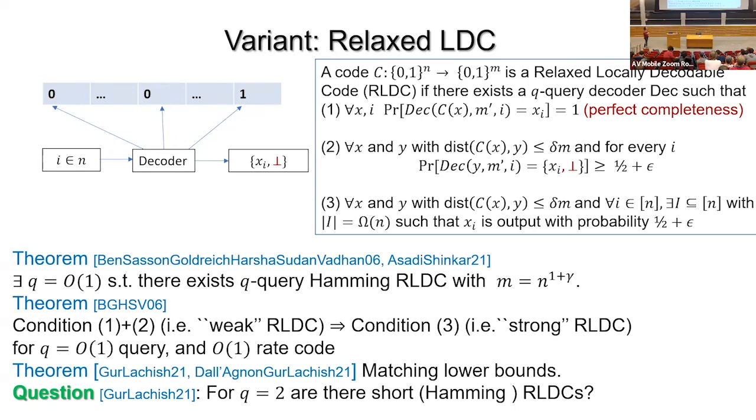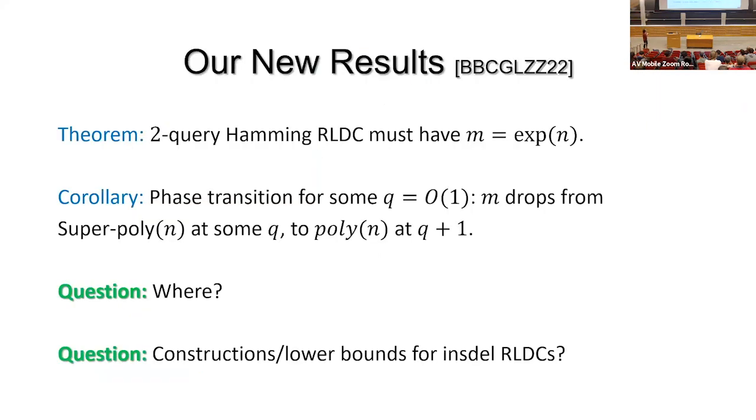They conjectured that there is an exponential lower bound. In these new results that are under submission, we do prove this. For relaxed locally decodable codes in the Hamming setting, there is an exponential lower bound for 2-query RLDCs,